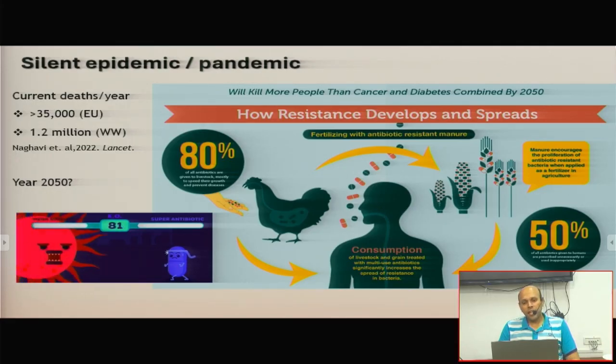Then again, like fertilizing with antibiotic resistant manure. So again, in the ecosystem, it is translated in the crops as well. And then you also have the consumption by humans as well, whether it is the plants or the poultry, for example. And another important thing is 50% of antibiotics again in humans are unnecessary. They are not needed. Another thing to also know is that